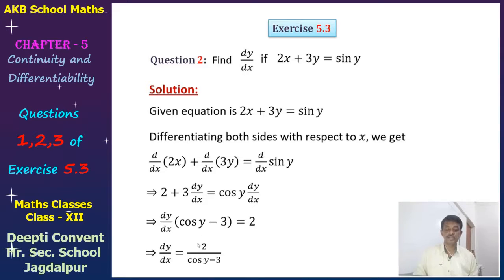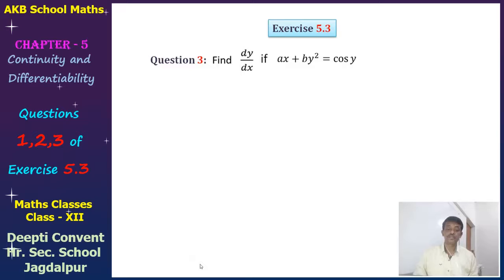This derivative is in terms of y. So you can differentiate and find the derivative in terms of either x or y, because here you cannot convert this relation directly to y as a function of x. That's why we are differentiating both sides with respect to x and getting this. Okay, this is dy/dx of question 2. Similarly, taking question third,